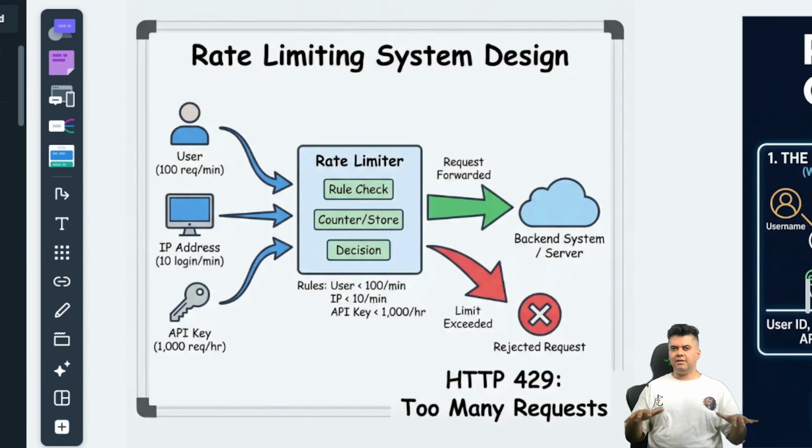At a fundamental level, rate limiting is just a rule like this user can make 100 requests per minute, this IP can make 10 login attempts per minute, or this API key can make 1000 requests per hour. Now, if the client goes over that limit, the system rejects the request, usually with HTTP 429, too many requests. And this is a simple idea, but let's unpack it a bit more because there's much more going on here